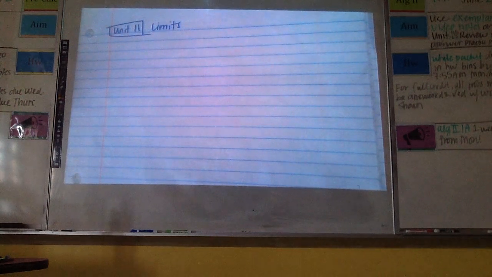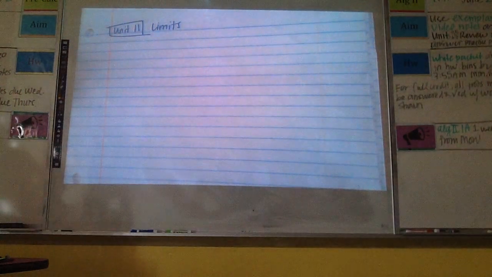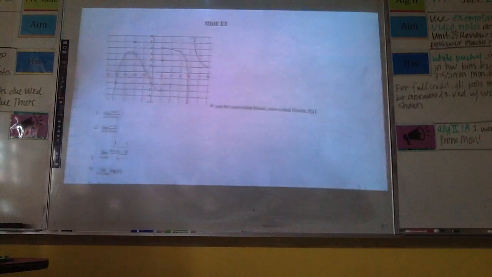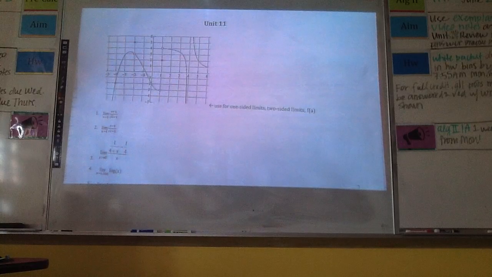Today's goal is to evaluate limits. Let's start by looking at the graph of a function. If this is our function f of x,